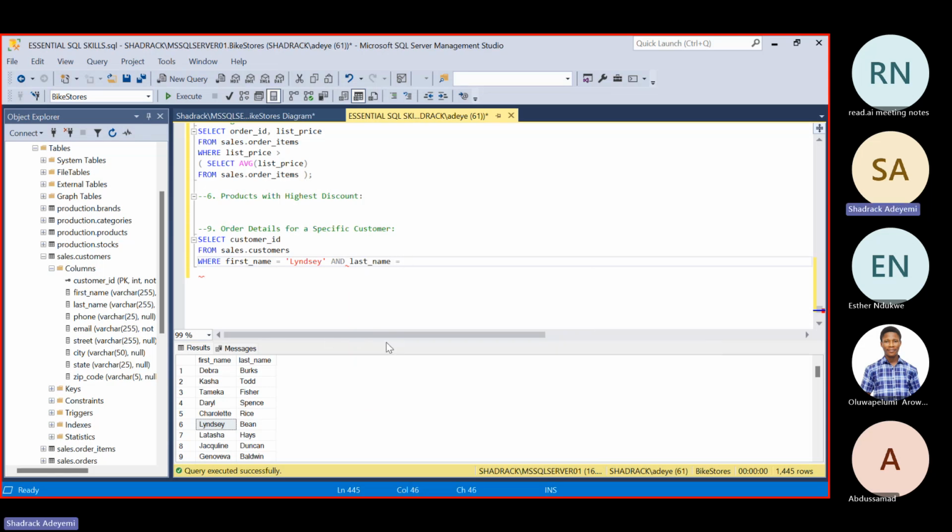If you run this, you get to see that the customer ID for this particular customer, Lindsay Bean, is 6. So we can use this information and say we want to get the orders for the particular customer where the customer ID is equal to 6.